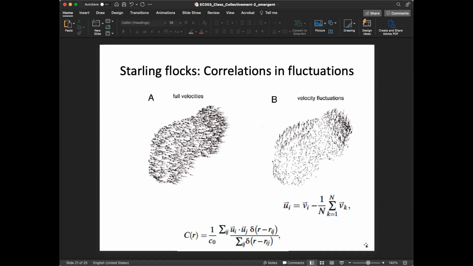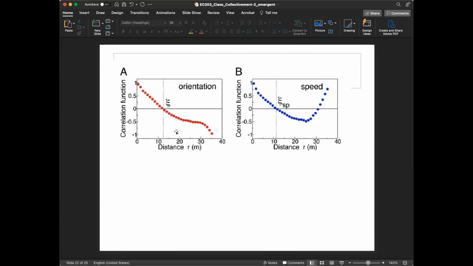Okay. So now let us say, going back to the context of predation, if the flock has to somehow respond well, this information must propagate as strongly as possible, right? So what they basically did was they computed the distance to which these fluctuations are propagating for different flock sizes. That's what they do in this paper. This is the correlation function. This is the distance.